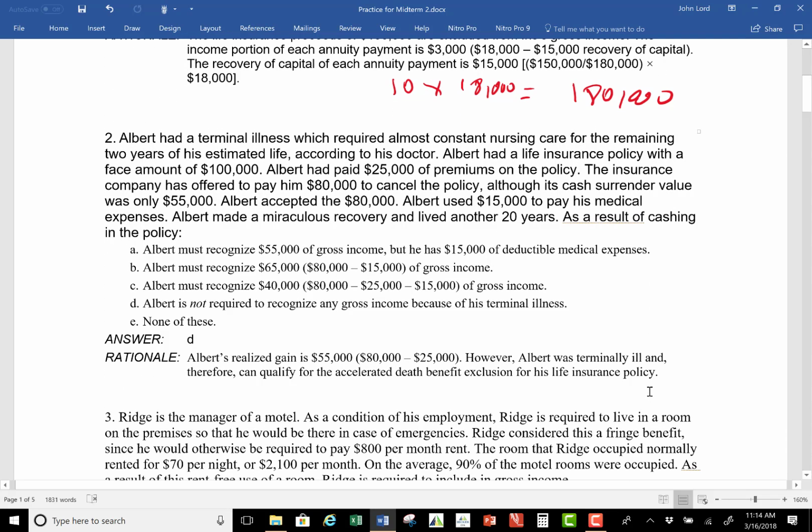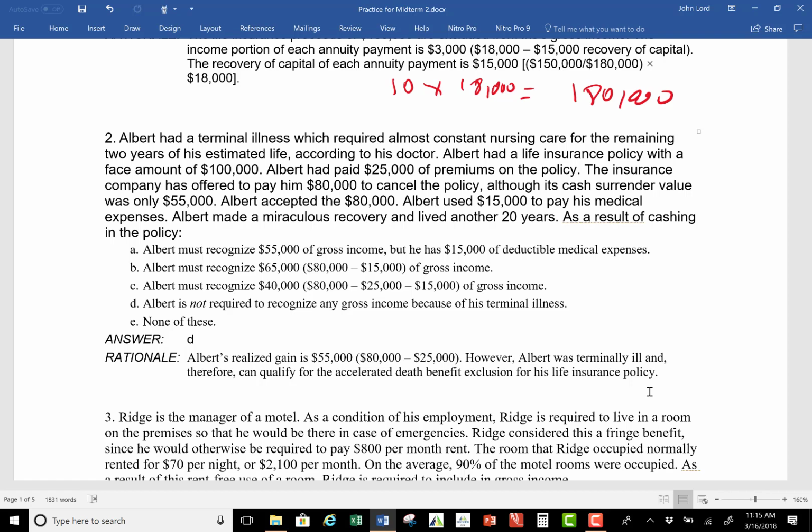Okay, number 2. Albert has a terminal illness which required almost constant nursing care for the remaining 2 years of his estimated life, according to his doctor. Albert had a life insurance policy with a face amount of 100,000. Albert had paid 25,000 of premiums. Doesn't matter. The insurance company offered to pay him 80,000 to cancel the policy, although it only had a cash surrender value of 55,000. And Albert went ahead and